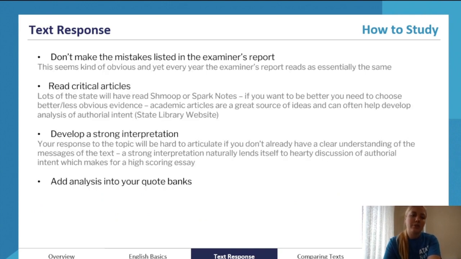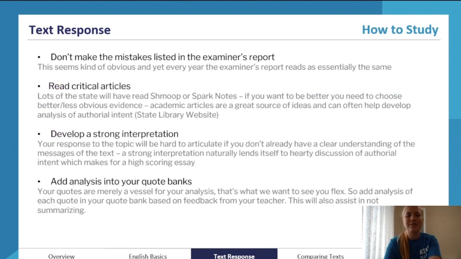So, how do you study for text response? And this is relevant for your comparatives as well. You could say this is for both sections. Don't make the mistakes listed in the examiner's reports. Based on your current study design, which has been around for a long time since 2017, you need to really read all of the examiner's reports. This will not take you that long. It's a passive way of studying, so it's nice and fun because you're not actually actively writing anything. Look for feedback points that apply to you, things that you do that assessors don't want you to do, and strengths that you have that assessors want you to have. Make a note of those things. Make notes of the feedback.